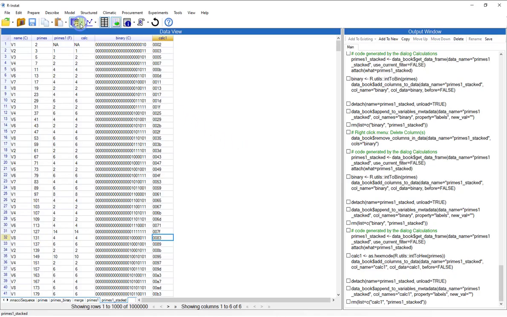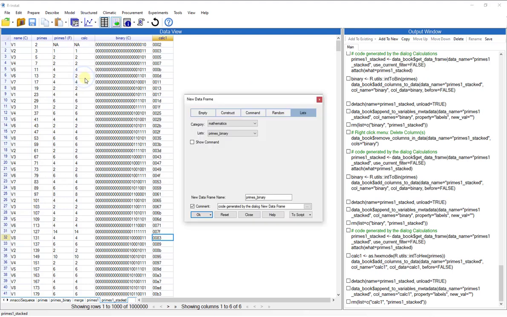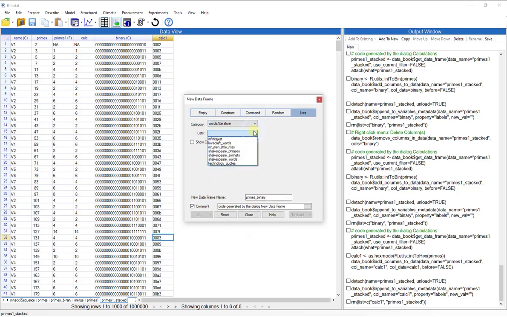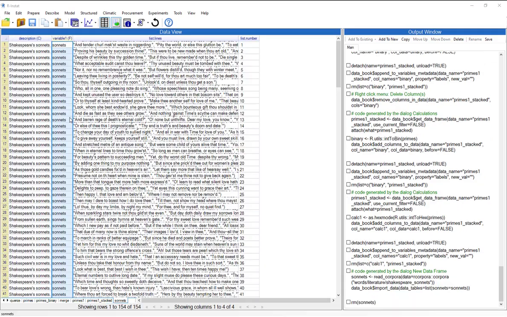But here's another set of lists to investigate. Return to the words section, and this time to literature and Shakespeare's sonnets. He wrote 154 sonnets, so it isn't a surprise to see that we have 154 rows of data. A sonnet is a special type of poem with 14 lines. Here the data goes sonnet by sonnet, and they might be easier to read if they were arranged line by